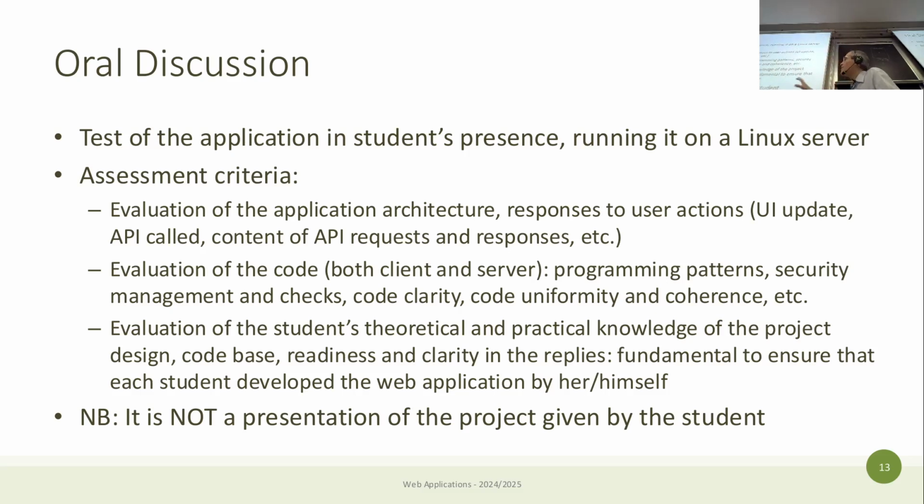And it's not a presentation. You're not supposed to present a project. You're supposed to assist when we test the application and answer the questions in a way that hopefully makes me understand that you know what's happening and you know why you chose some ways of creating the solution,